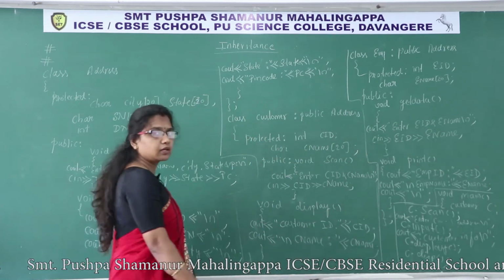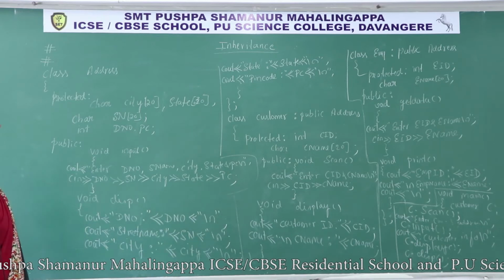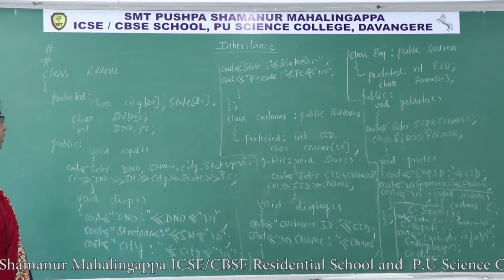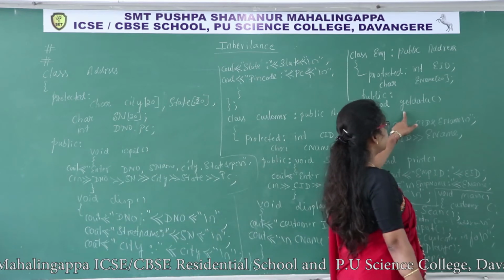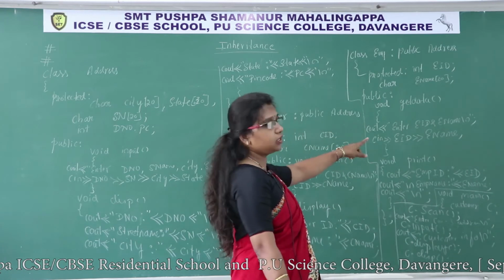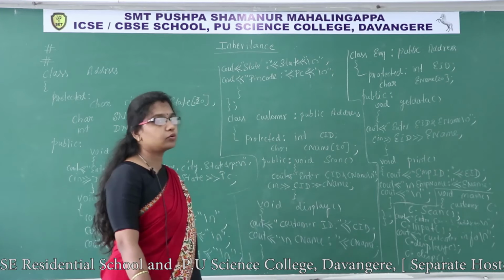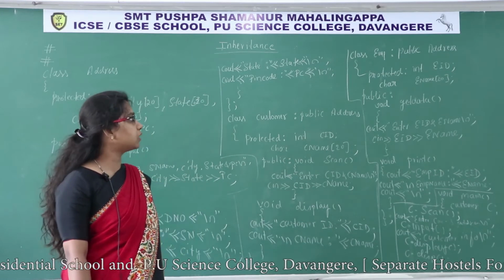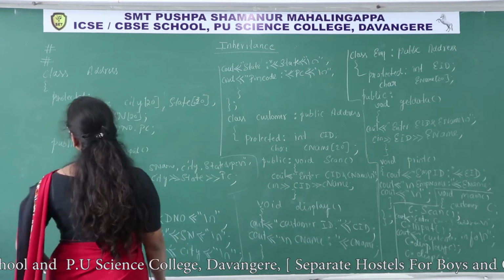So this is about the customer class. Then employee, I want to read employee details first. To read employee details, there is a function called getData, so we must call the getData function. Then who has to call it? The object of that class, the emp class. How to create an object, you know that. I'll continue here.